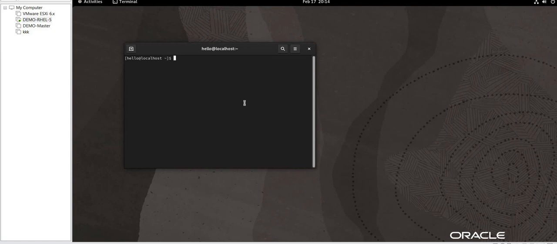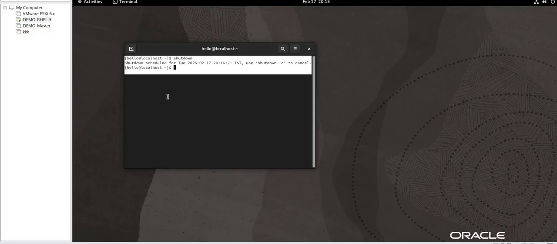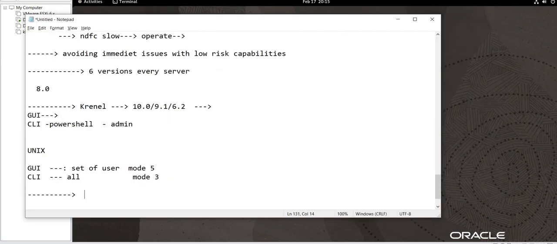Now I need to shut down, and someone has asked me to shut down the server. What is my level of action? I need to understand the command, right? Without the command, can I shut down the server? No. If I initiate a shutdown, it will show some permissions and some kind of control. It means the command line is a mode that helps you control manual